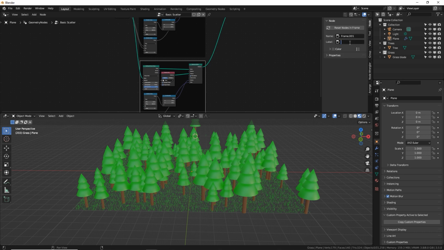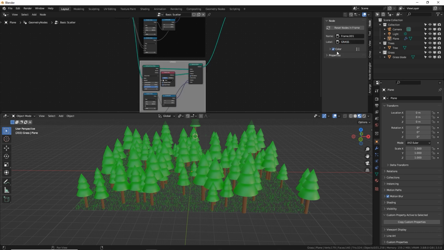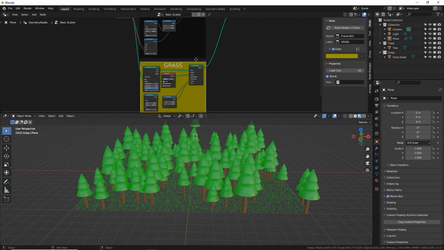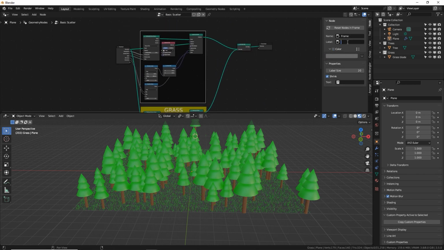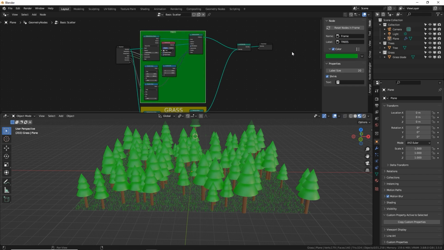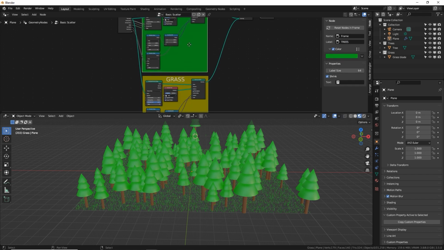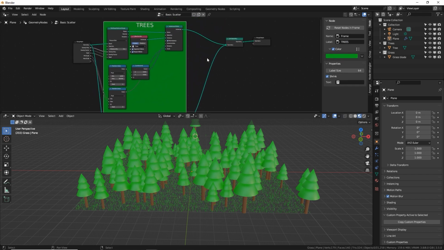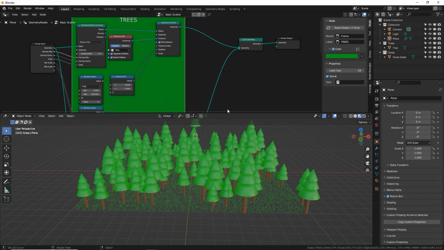Let me give it a quick label and a color. I'm very visual, so this kind of stuff really helps me make that label big. Go click on this frame, give it a nice green color and really big label. Okay, grass, trees. Last cool trick I'll show you with this setup, and we'll move on to the other ones,